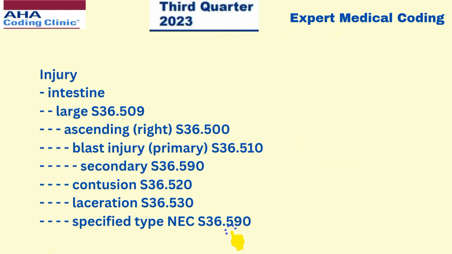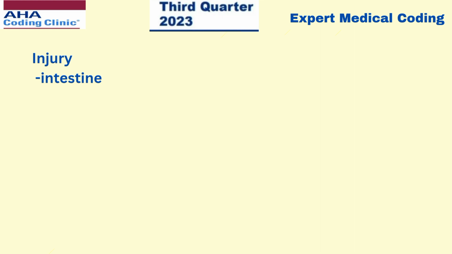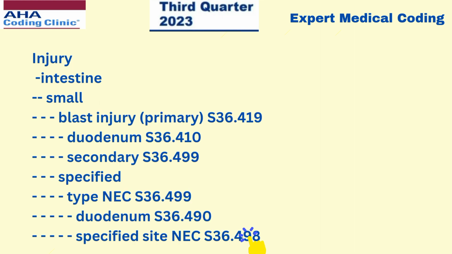So blast injury primary and secondary should not be taken. Instead, we have to take the specified type not elsewhere classifiable code. Similarly, the injury also happened at the mid-jejunum, that is small intestine. So in the index, we have to go for injury, intestine, and under that we have to search for small. Under the more specific subterm, we have to take specified type, specified site not elsewhere classifiable. And here also we should not take blast injury primary or blast injury secondary, as we have discussed earlier. So the correct code would be